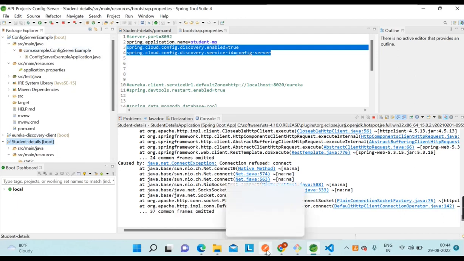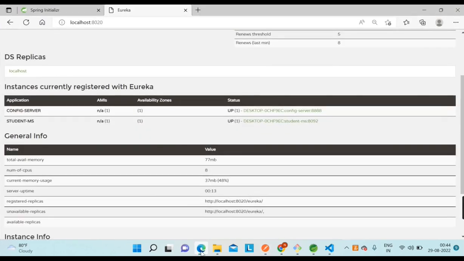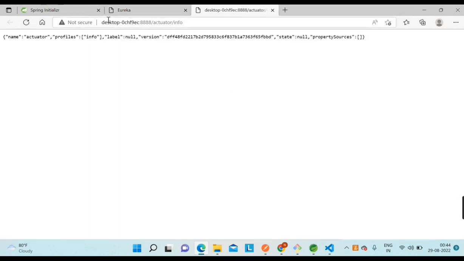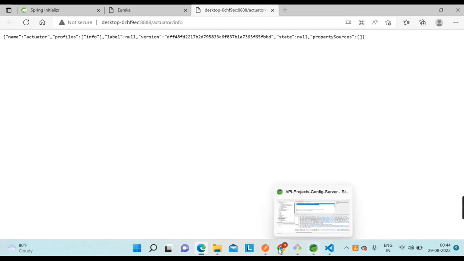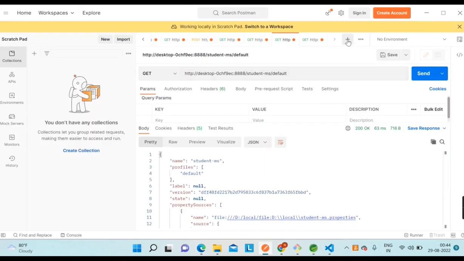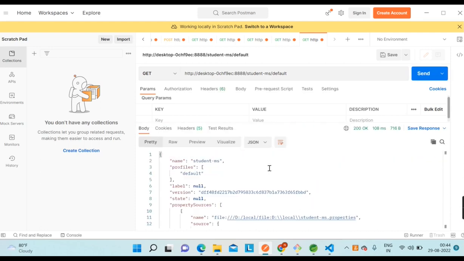For config server verification purposes we can use this config server URL. This is localhost, on port 8888, and these are the details. We use the Git one here, then the student microservice, and for the profile we use default. So see,